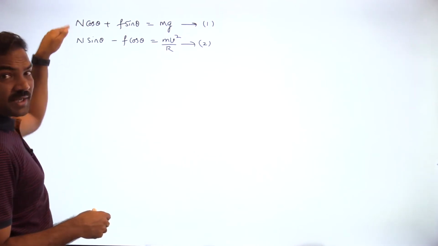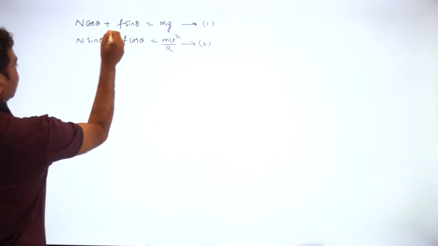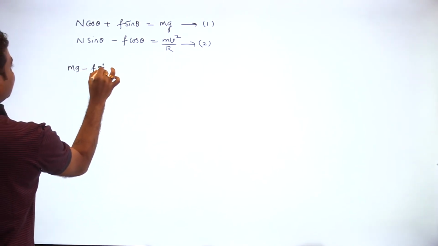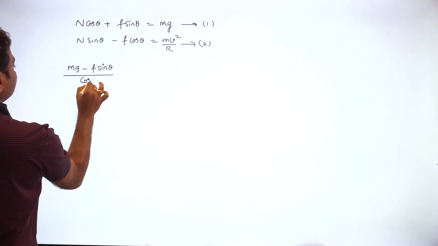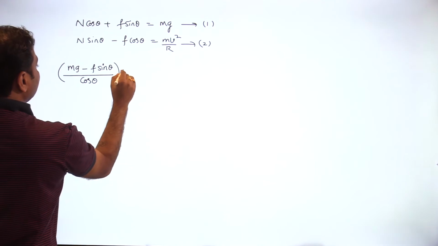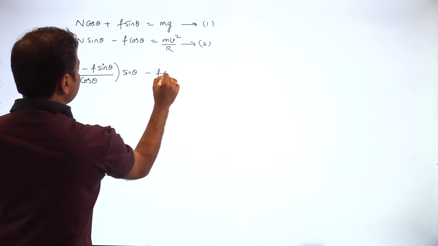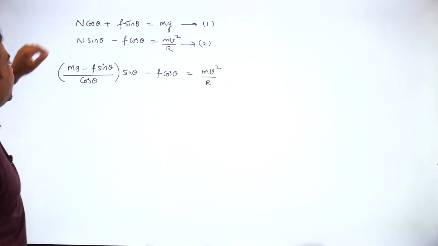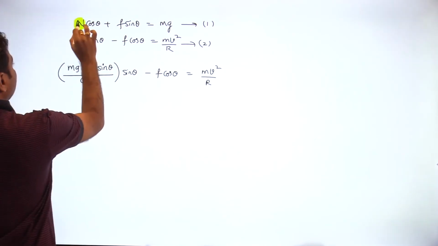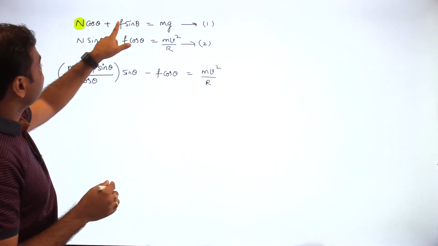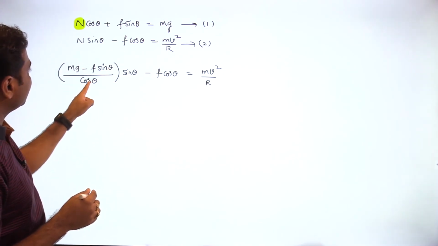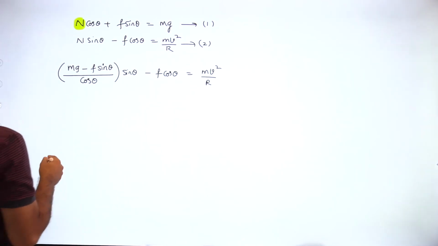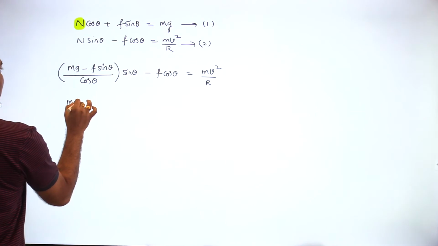So the N value has to be eliminated. I'll do one thing. I'll keep the first equation, the second one. Then I can say that (mg minus F sin theta) by cos theta into sin theta minus F cos theta is equal to mv square by r. I can write it down. See once. What is the N value here? In the first equation, what is the N value? Check once. Mg minus F sin theta by cos theta is the N value, into sin theta minus F cos theta is equal to mv square by r. So then I can write down this is mg tan theta